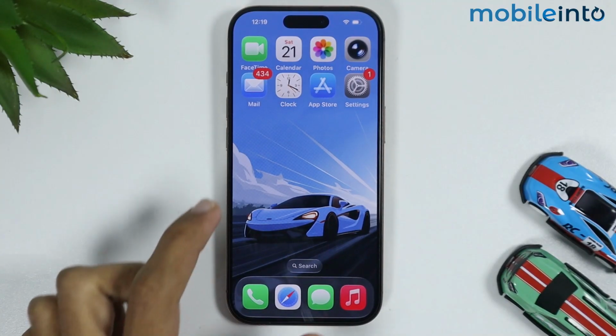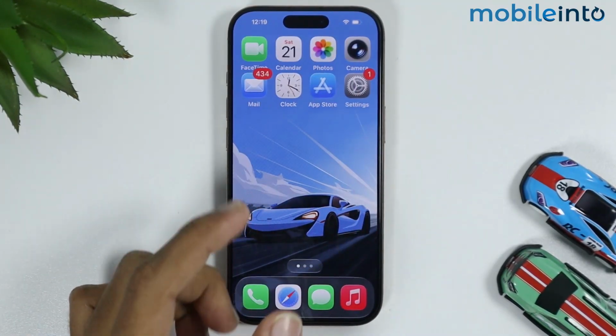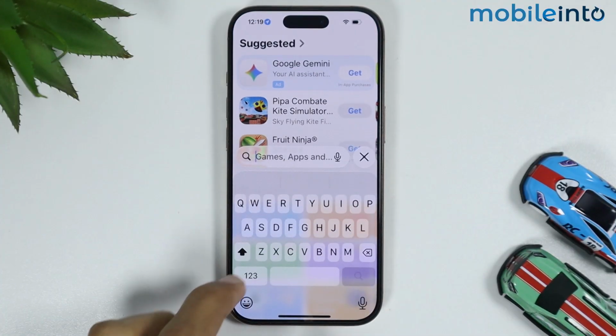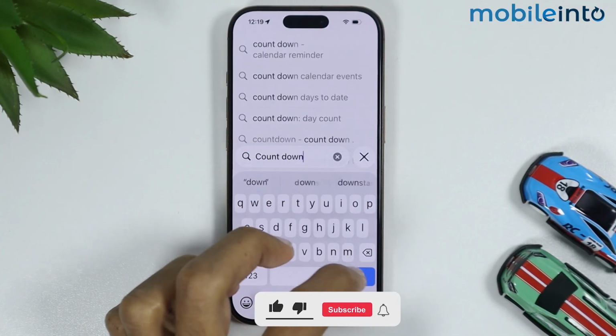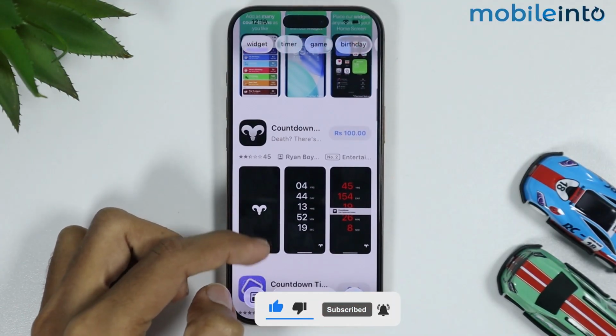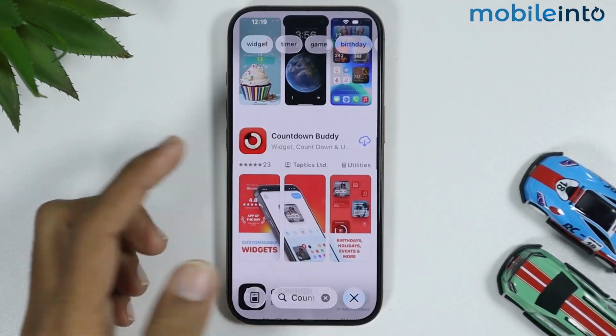In this video, I will show you how you can add a countdown widget on any iPhone. Now to do that, just open the App Store, then in the search bar, just search this. Now from here, just install any countdown widget app which you prefer. For an example, I will install this app,